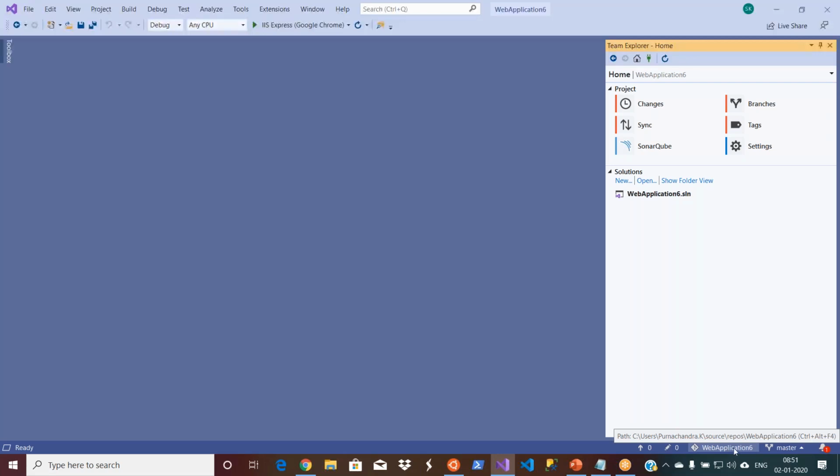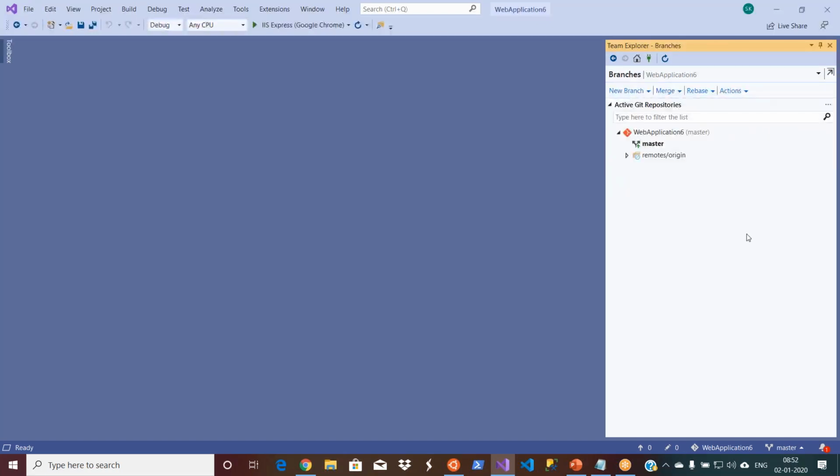Web application 6 is a repository. You see that symbol, right? And then the branch is always with your Y symbol. So I only have one branch as of now. If I want to create a new branch, I can go ahead and click on New Branch. This is one place, or you can go ahead and click on Branches, so you can do the same thing there as well.